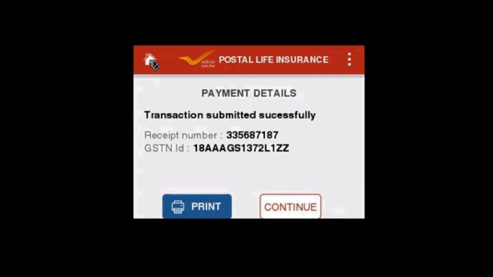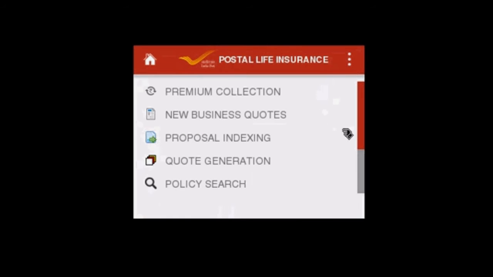For home page, we can go to this option or this 3 line. If we want to exit it, we can click exit or go to home page. We'll click home. Now our home page has come.